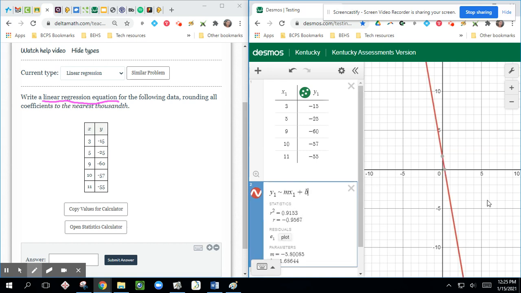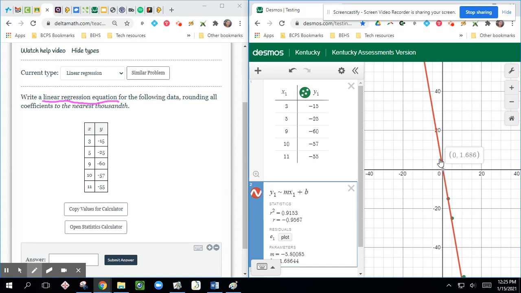When I type in that, you'll see that it picks up two of the points that I had put in. You can't see all of my points from this table because of the size of the graph, but you can always zoom out, and I can see another 2 points down here. And I can see that this red line is pretty much picking up the points